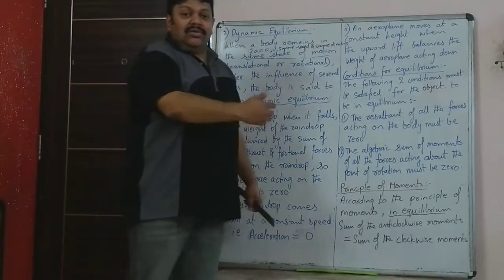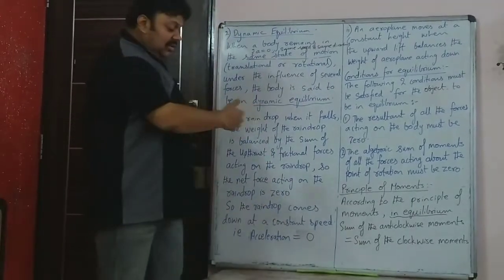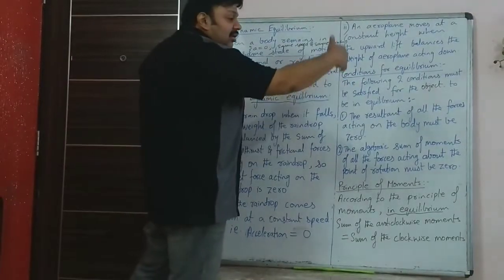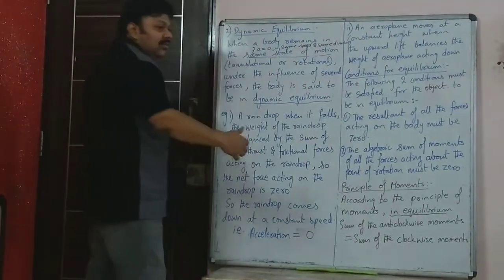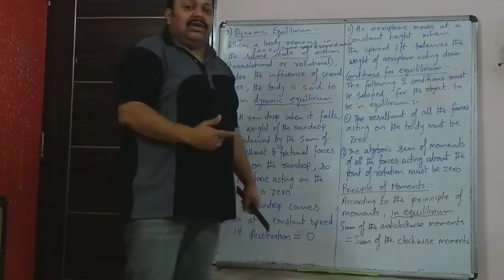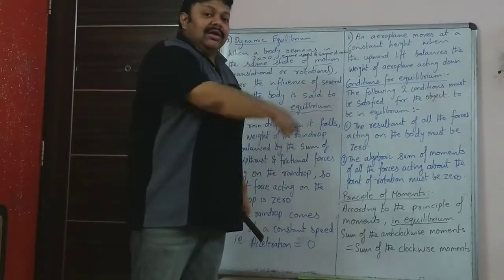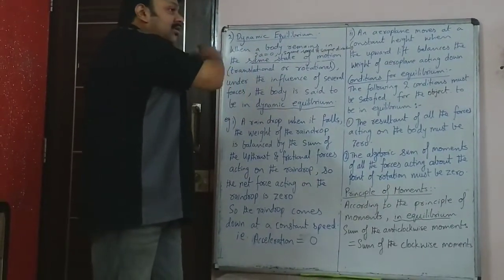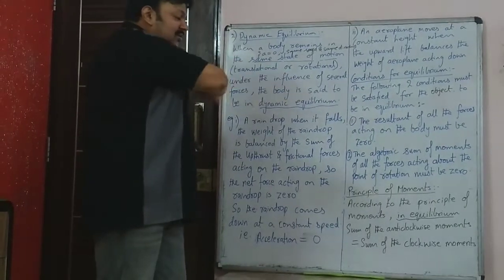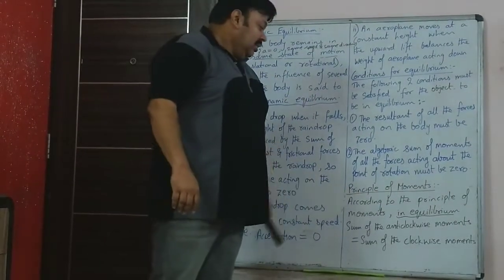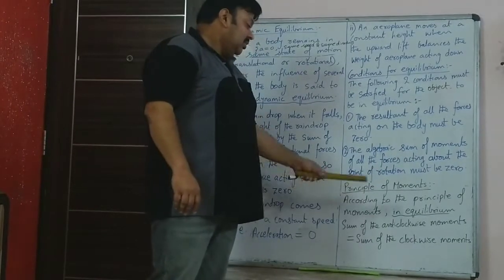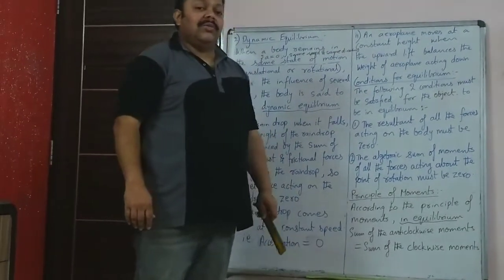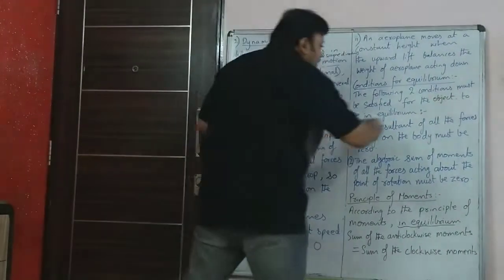In this case it is not the forces acting on the body; on this side you are producing an anti-clockwise moment, and on that side the weights are producing a clockwise moment. Those two moments should be equal, and if the total anti-clockwise moment is equal to the total clockwise moment, then that beam balance won't move up and down. It will be perfect in the horizontal position. According to the principle of moments, in equilibrium, the sum of the anti-clockwise moments should be equal to the sum of all the clockwise moments. This is important.